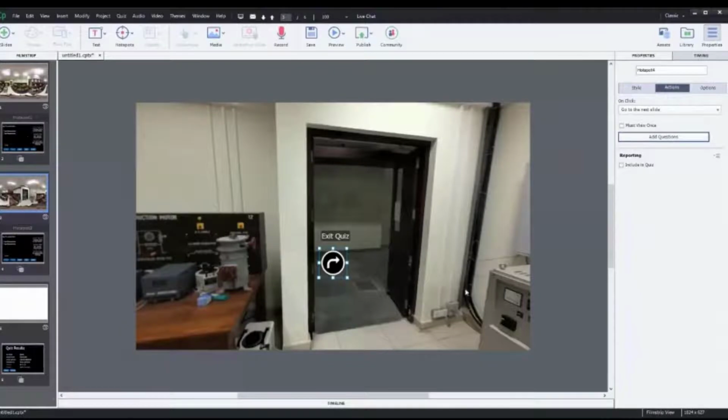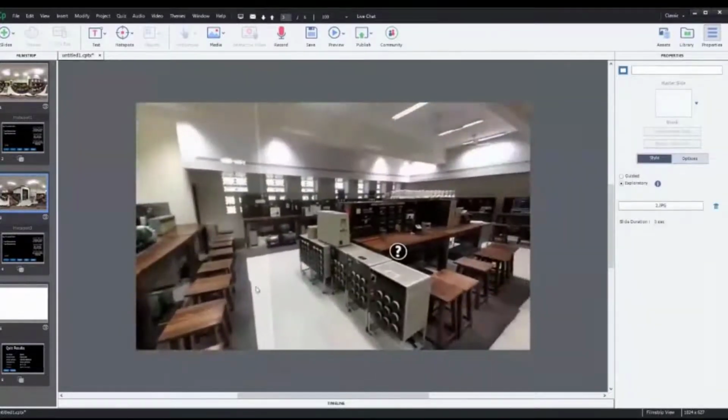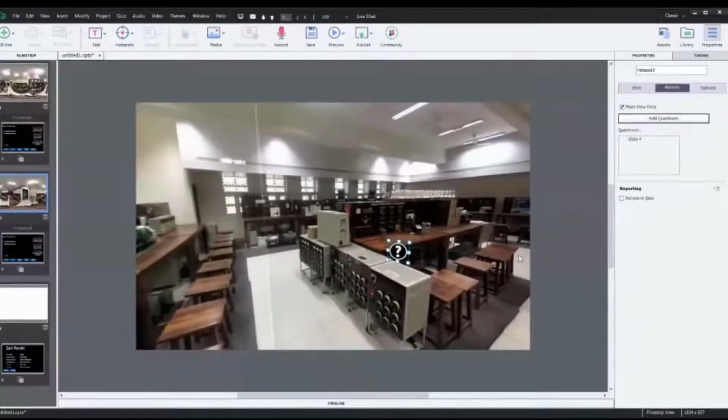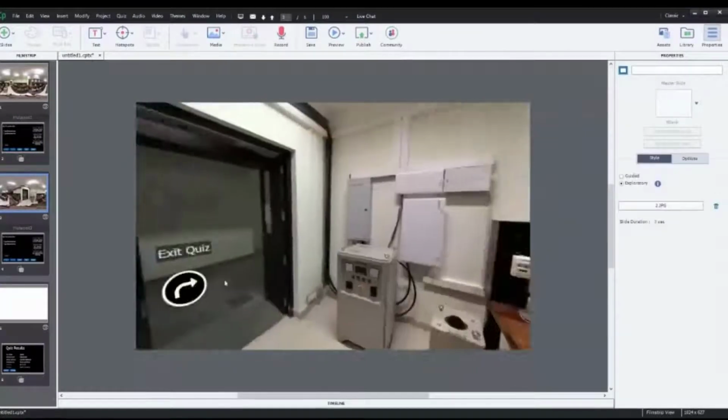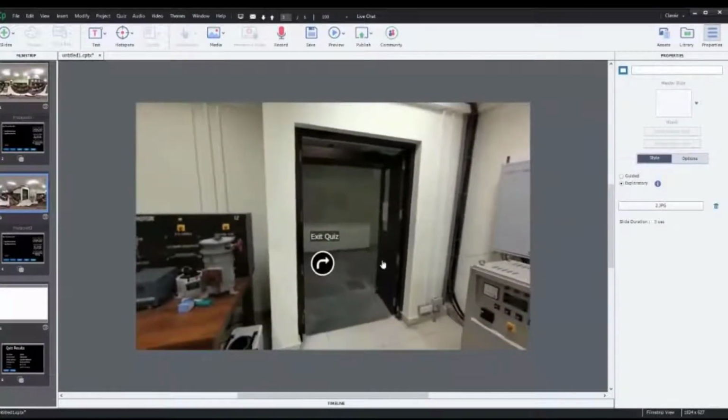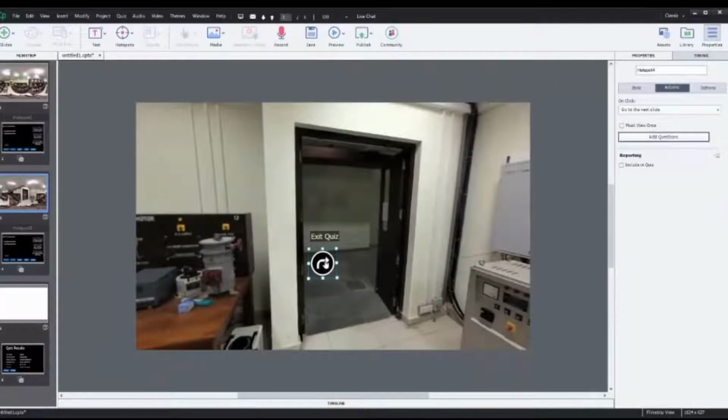I'm also not including it in the quiz. Note that in the previous case regarding this particular hotspot and the one we also added in the beginning, we did not include the score in reporting. Like if we want the overall score to be reported to an LMS, which has to be a SCORM compliant LMS, this option can be selected, include in quiz in the form of a reporting. So this is about it. What do I want when a student clicks on this icon?